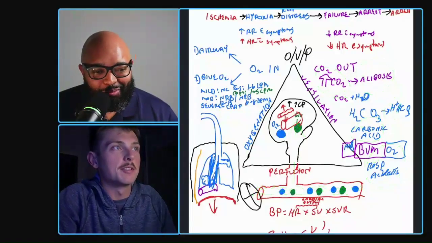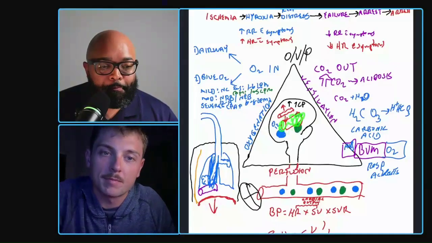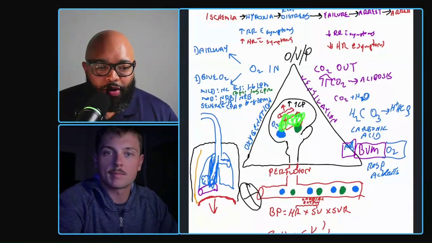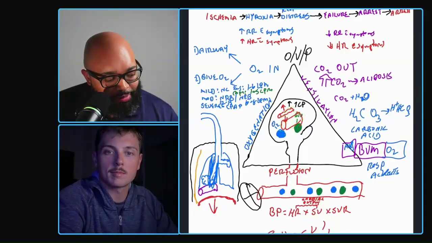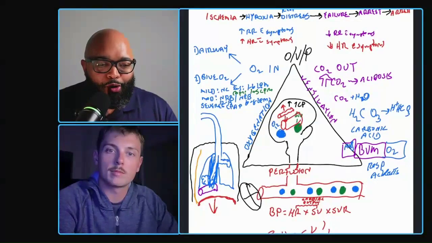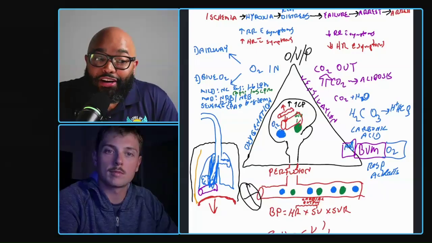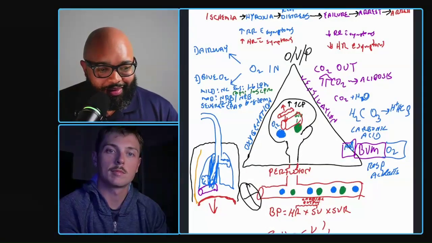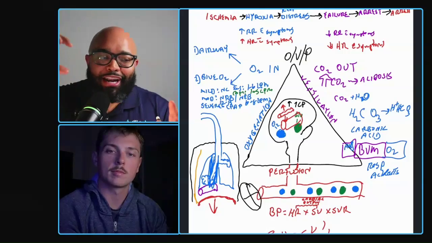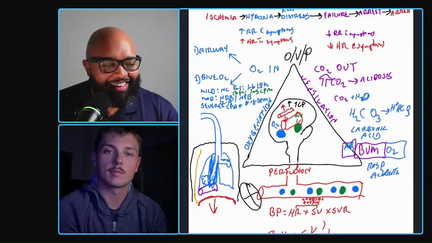As that acid goes to the brain, what happens to the brain? Vasodilate. Okay. We're going to have vasodilation. So that's called cerebral vasodilation. Now, as we get more and more dilation in here, we're going to increase the blood flow in the brain. What's that going to do to the pressure inside the brain? Increase. That's going to increase the pressure. What's that going to do to the brain overall when it's flooded up with acid? Is it going to function well or not function well? Not at all. So they're going to be really sleepy, except now we don't call it sleepy. We call it postictal. Same concept, just a different name on it. It's the exact same thing.